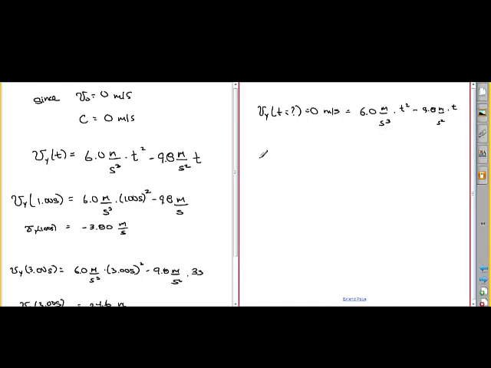So we can factor out t on the right-hand side, and you'll get t times 6.0 meters per second cubed times t minus 9.8 meters per second squared. So you can see at t equals 0, it's 0, which we already know. That's the initial condition. So the other case is when this goes to 0,